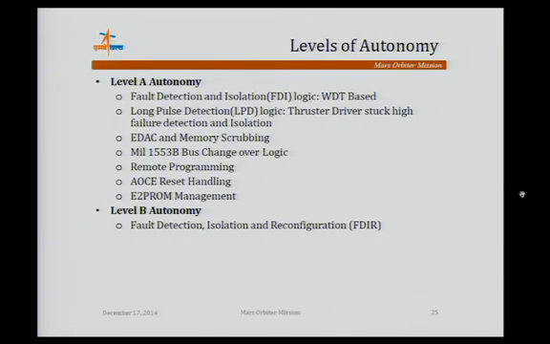Reset handling is one feature newly added here. Normally, in case of an AOC reset condition, it used to go to suspended mode where ground intervention is required to recover. Here, since visibility is not available, the reset handler automatically reads the EEPROM content where the configuration is set, and it comes back to the configuration where it recovers to